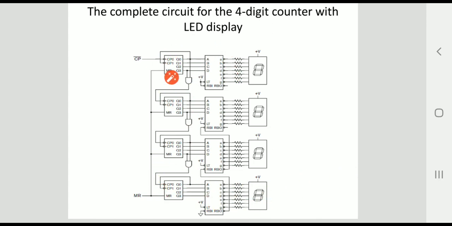So like this, all the 4 decade counters, the 4 7-segment decoders, and these 7-segment LEDs are connected according to the circuit diagram to display the counter from 0 to 9. And here the resistors are used based on the intensity of light. The value of the resistor is decided, and this is also used to limit the current flow towards the LED display. So like this is a 4-digit BCD to 7-segment code.